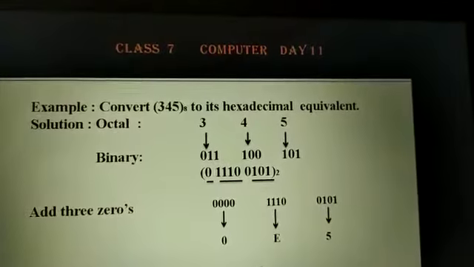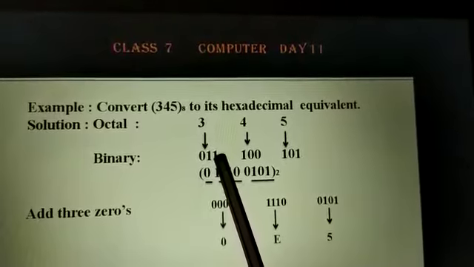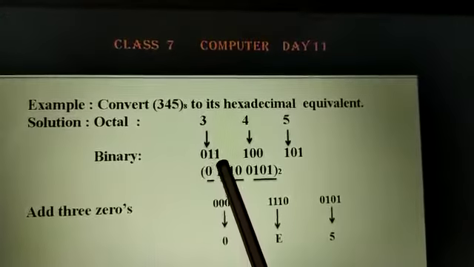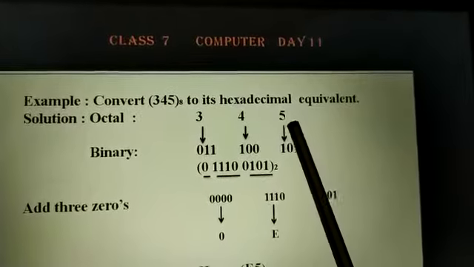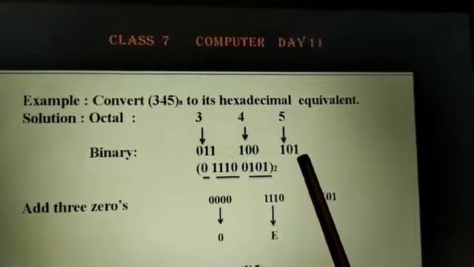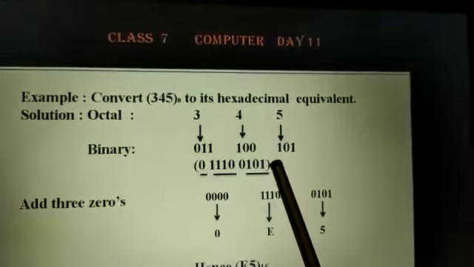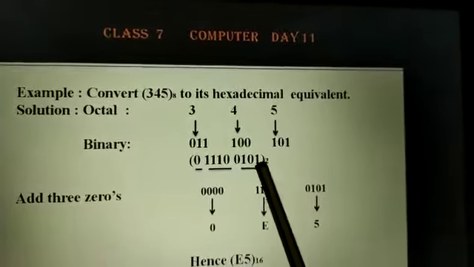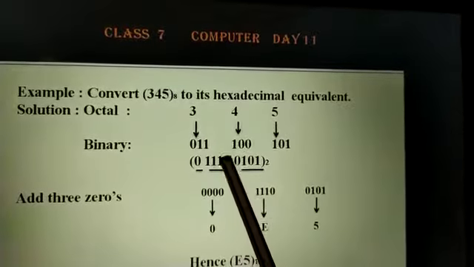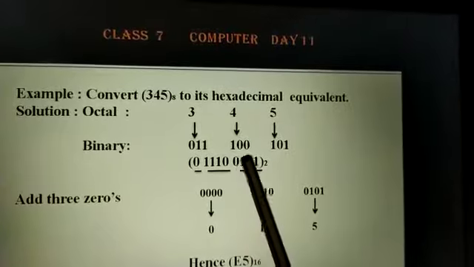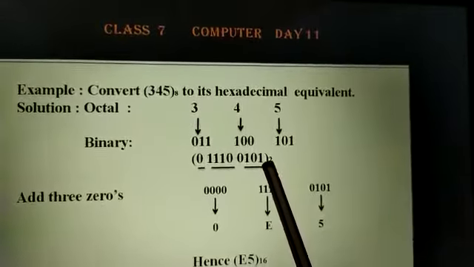Okay, so after noting down the conversion table, now as you can see from your table, the equivalent of 3 is 011, the equivalent of 4 is 100, equivalent of 5 is 101. So now you can combine it, and as you can see, I have written it here with the base 2, that means this is the same number. So 011, then 100, then 101. Now half work is done.